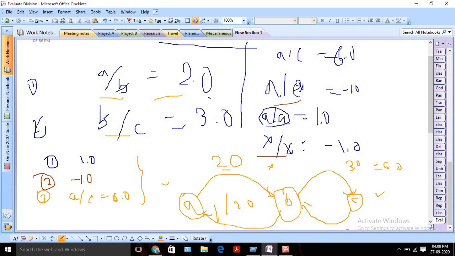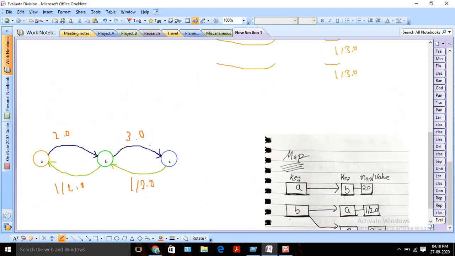So basically, if I multiply both values, I get the exact value between a to c. We are going via b, so b will be a middle node. Using this formula we can easily calculate the value. Okay, let's try to understand this, and now let's design the solution.